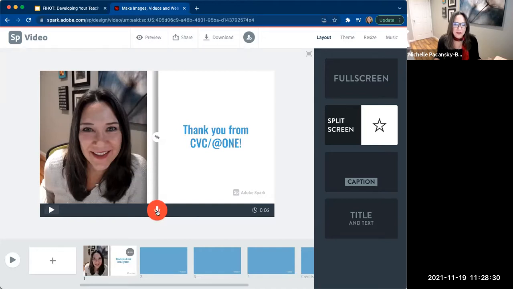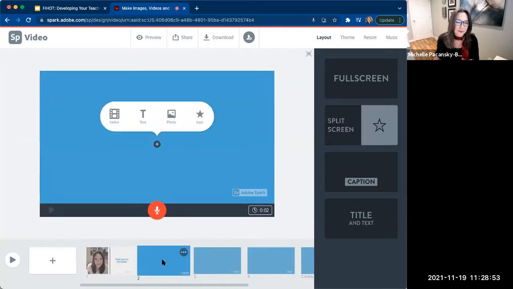Now what I do is record my audio for that slide. And I do that simply by clicking on the microphone icon at the bottom and speaking. And actually, I'm not going to record audio on that one because I have sound in my video, sorry. But if I wanted to, I would do that. So this one I'm not going to record audio on. I'm going to now click on slide 2.